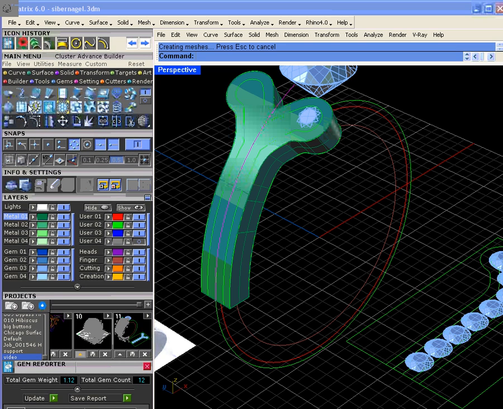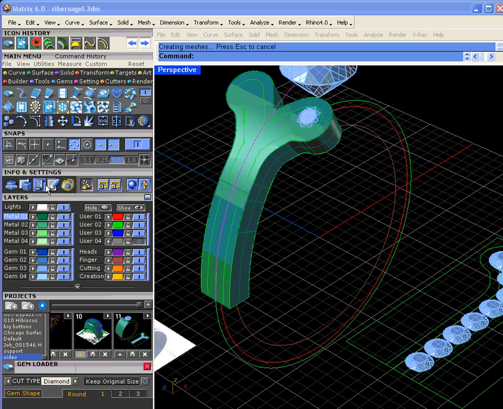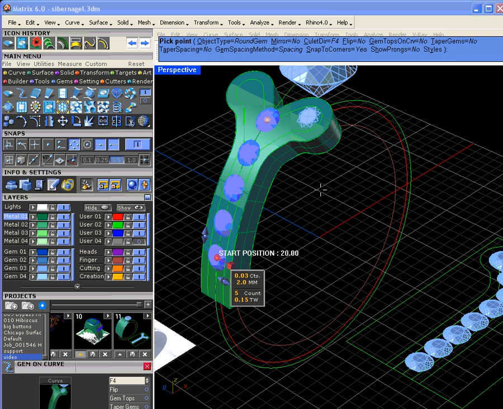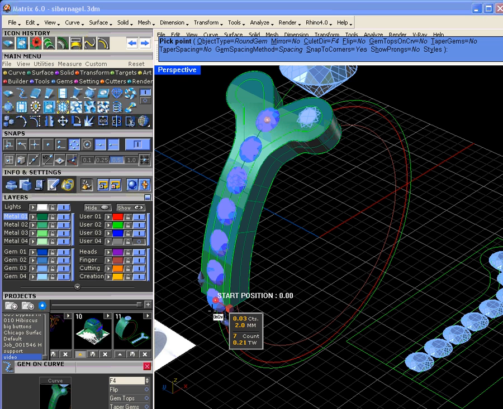Okay, so we'll go F6 actually. Gems on a curve, and we're at 2 millimeters. So we can come down here and